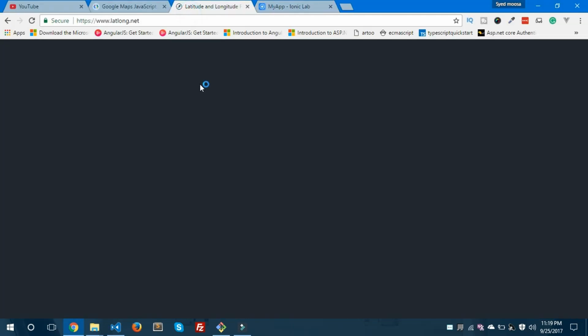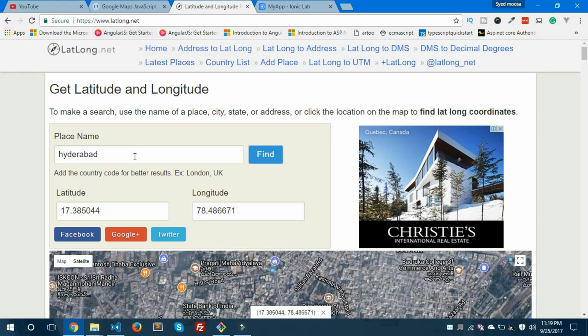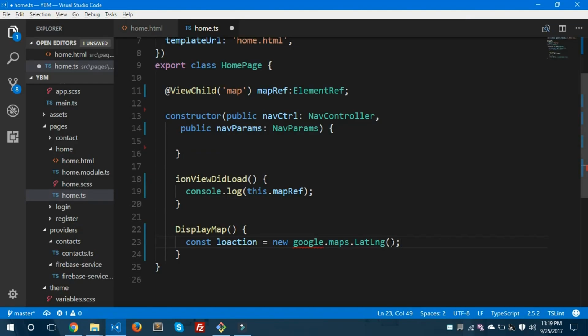We have a website called latlong.net. I live in Hyderabad, so I'll search this place to find the latitude and longitude, and I'll pass it here